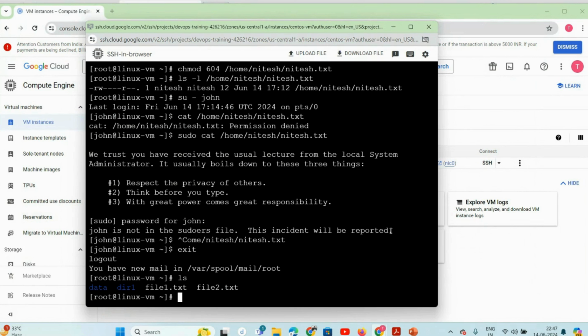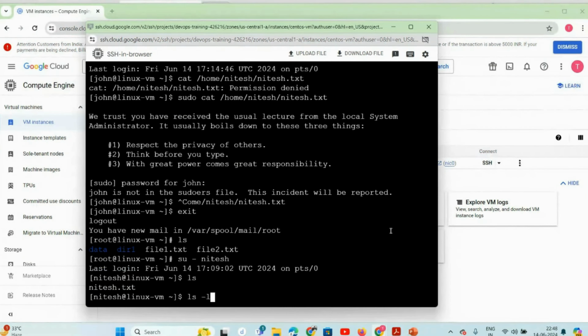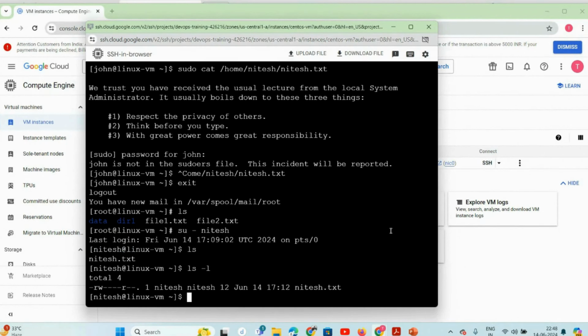But right now, how to change the owner. Okay, so you want to change the owner for the permission, you want to change the group for a particular file. How can you do that? So let me move to my user, that is Nitish, and here is the file. In this file, if you see who is the owner and who is the group here: owner is Nitish and group is also Nitish. So if I want to change the owner, I have the chown command,